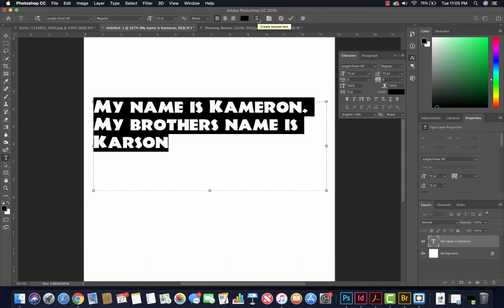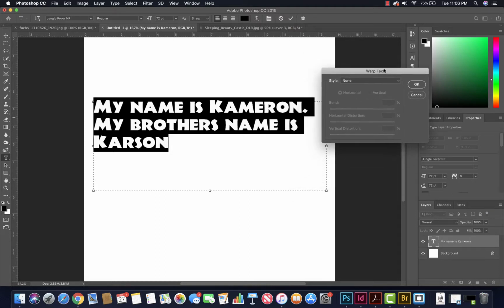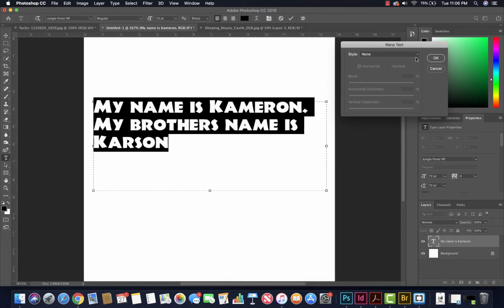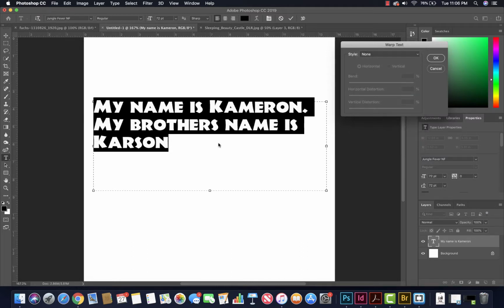Warped text. Now, just so you know, these panels here, they just collapse in with this little double arrow. Okay? And we are going to come up here and do a couple of things with this warped text. So we click on this and we get this little box, all right? Now, what can we do with this box? Here are all of these styles that we have,